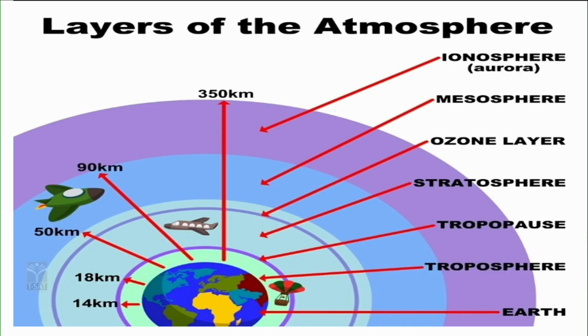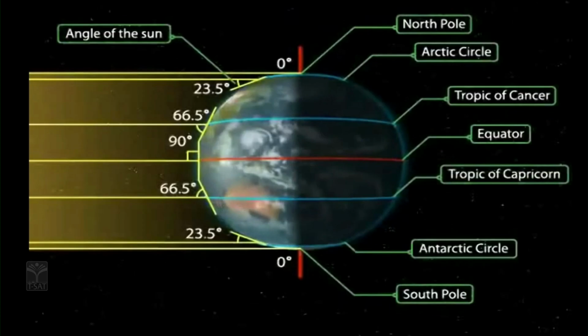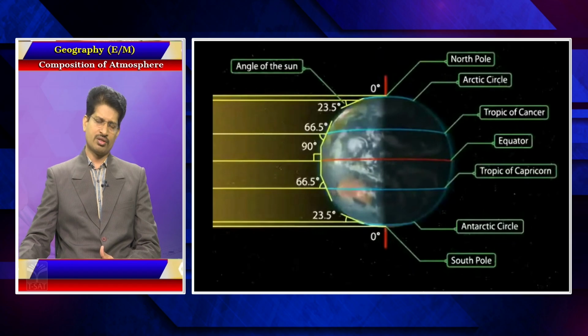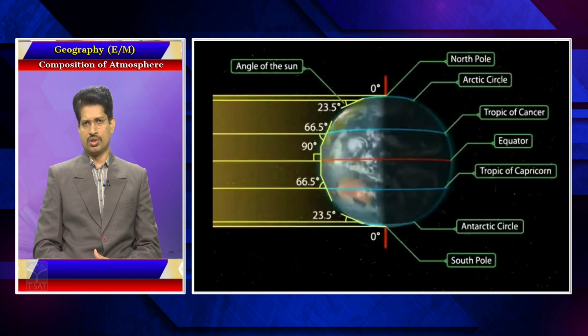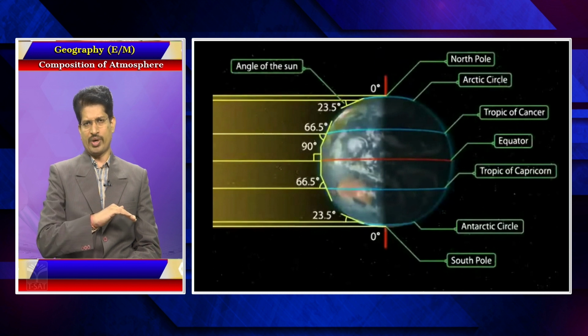So, here in this context, the angle of incidence at the equator is 90 degrees. When we are moving towards the polar regions, the angle of incidence is gradually reducing. That means the same rays need to spread across a larger area because of the geoidal nature of the earth, because the earth is a curved structure, a curved feature, because of which from the equator to the poles, the same rays have to spread over a larger